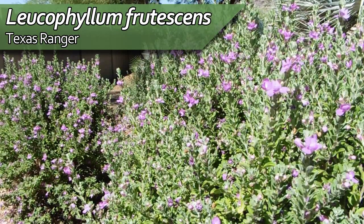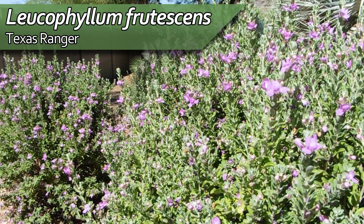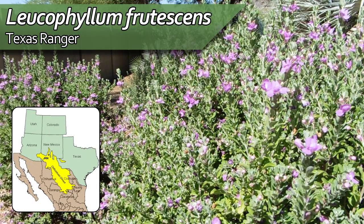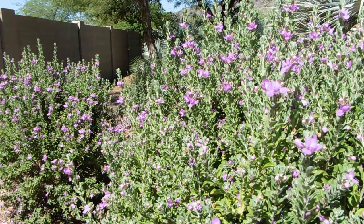Leucophyllum frutescens, commonly known as Texas Ranger, is a medium to large, mostly evergreen shrub that's native to the Chihuahuan Desert of South Texas and northern Mexico. Texas Ranger is the go-to shrub when designing a southwestern desert-style landscape. It has a wonderful natural form and can grow in size to 6 to 8 feet tall with a similar